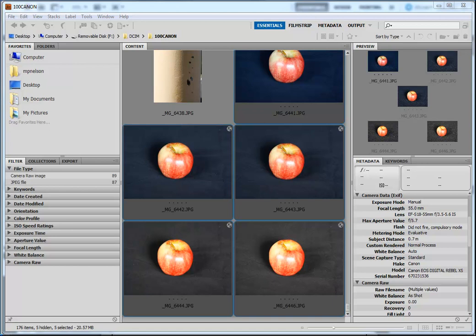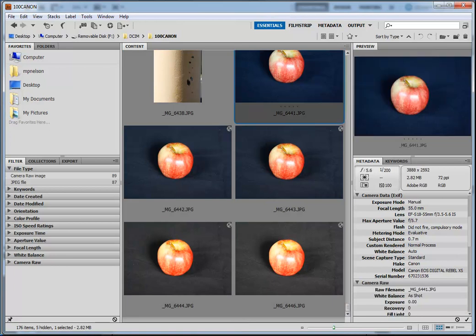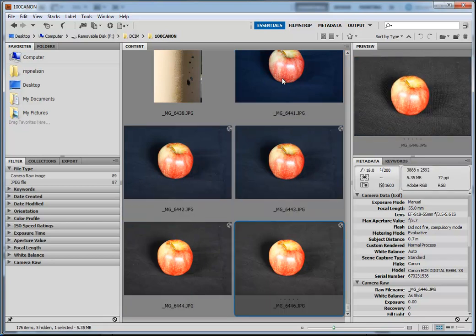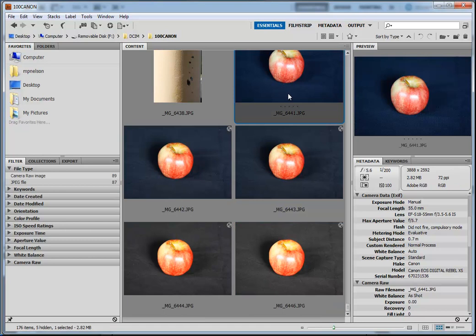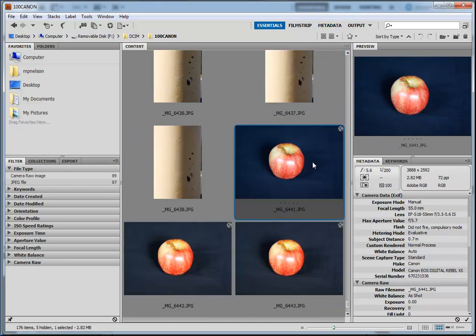Now, for the example that I'm doing right here, I didn't follow my own directions intentionally because I wanted to show you that you could do this by changing the f-stop, or the aperture, instead. So here I have my 5 images that I took of this apple on a black cloth. And the interesting thing that I noticed right off after I took these pictures is that on this one,